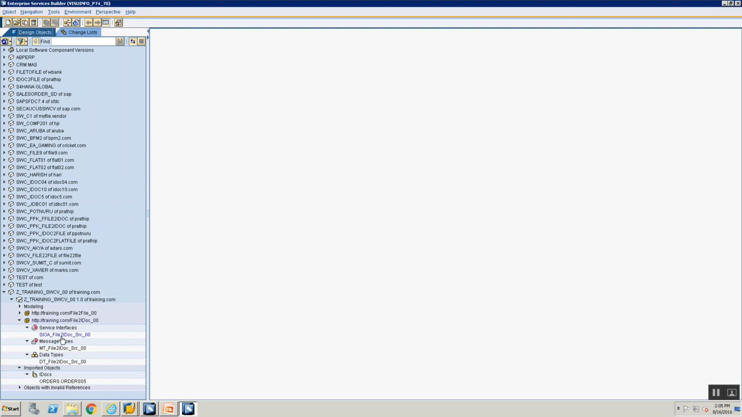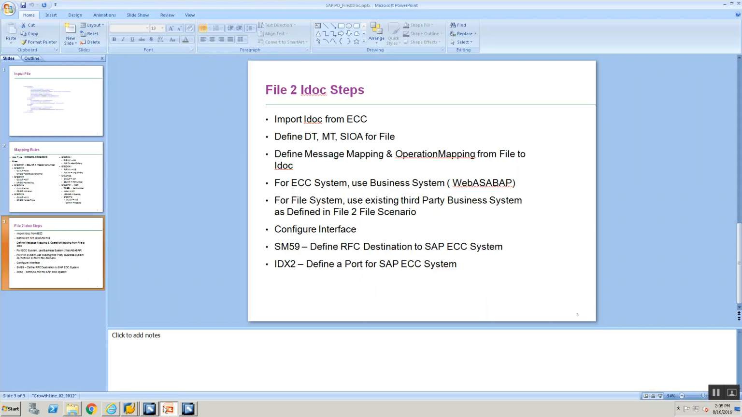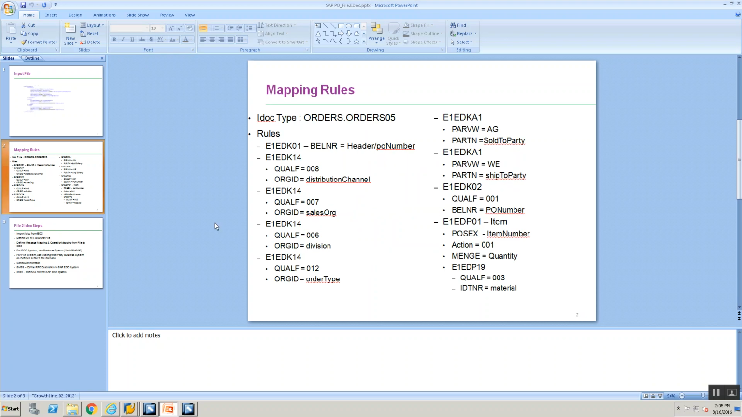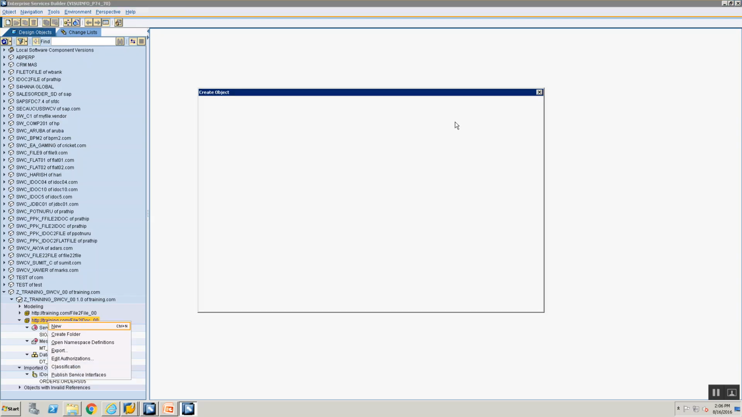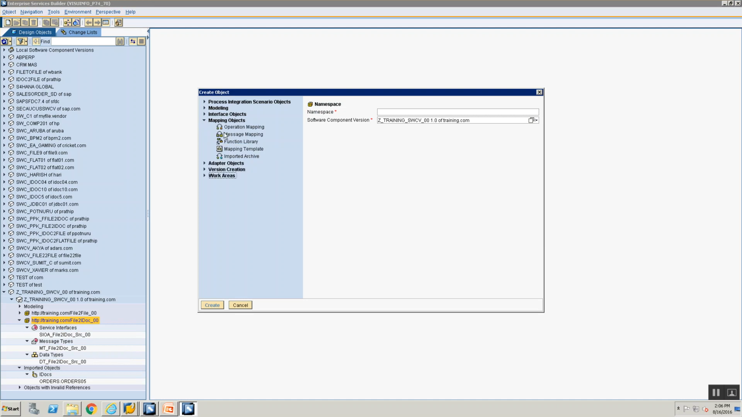Let's go ahead and define the message mapping now. I'll open the mapping rules that we had defined. Okay, so I'm going to go here, right click, new, mapping objects. Make sure you're in mapping object, make sure you selected message mapping, and then let's provide the name of our message mapping, mm_file to IDoc_00. Okay,